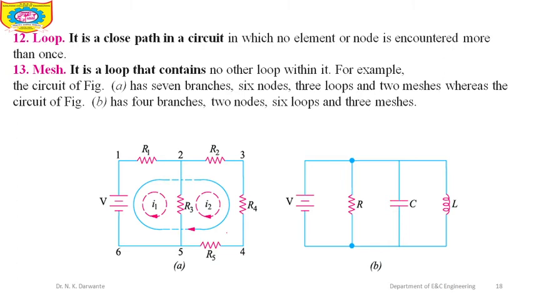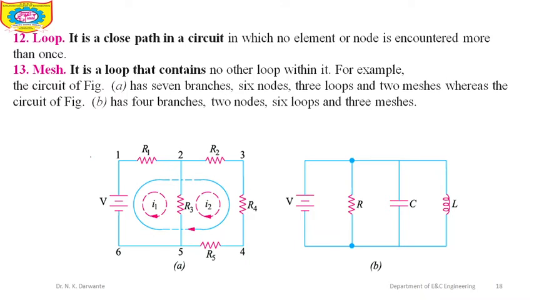A loop is nothing but a closed path in a circuit in which no element or node is encountered more than once. Means a loop is a kind of closed path in which no element or node is encountered more than once. Okay, then